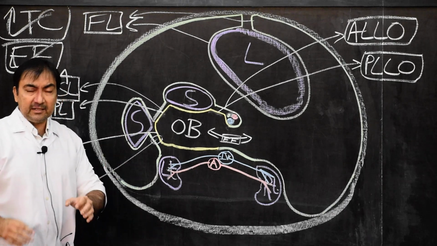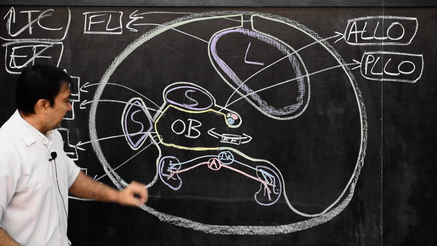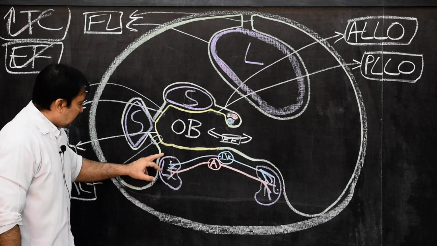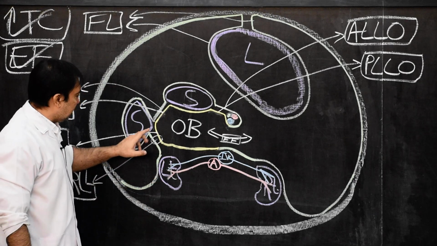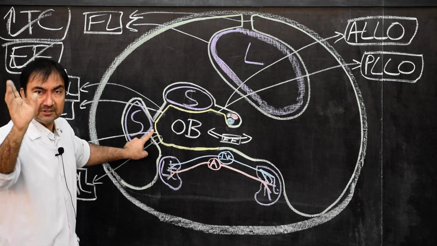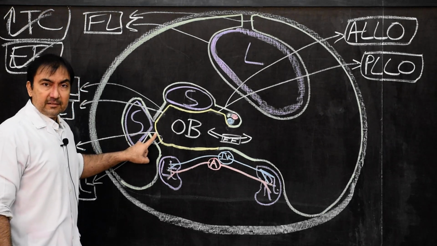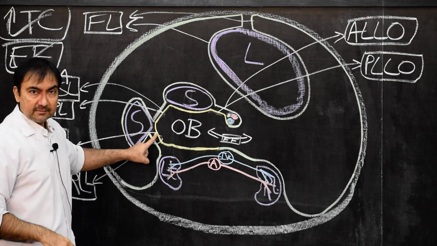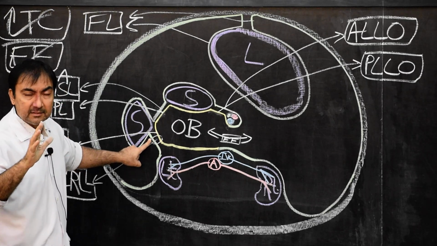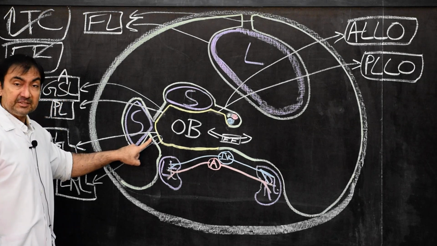Now, the lienorenal ligament. The lienorenal ligament again is a peritoneal fold, and it consists of two layers. Like gastrosplenic, here also lienorenal consists of two layers. It will connect the anterior surface of the left kidney with the posterior lip of the hilum of the spleen. And the anterior layer of the lienorenal ligament will be derived from the lesser sac. It is the peritoneum lining the lesser sac, and the posterior layer of the lienorenal ligament will be derived from peritoneum of the greater sac. This is very important.